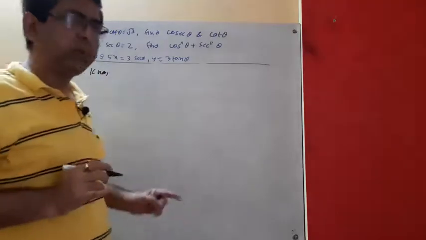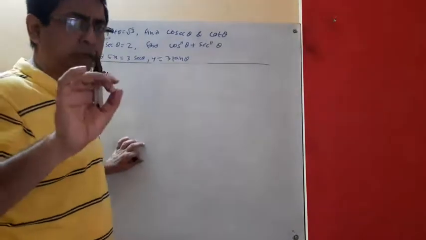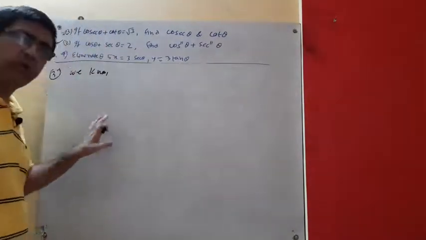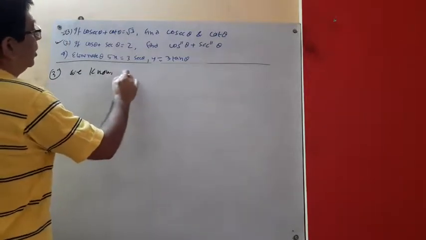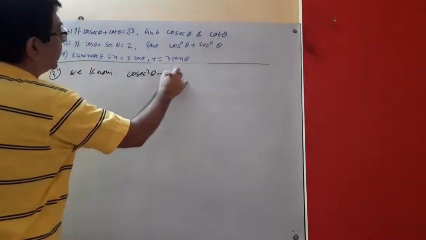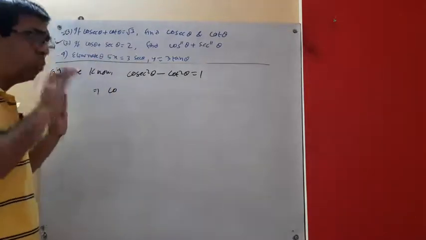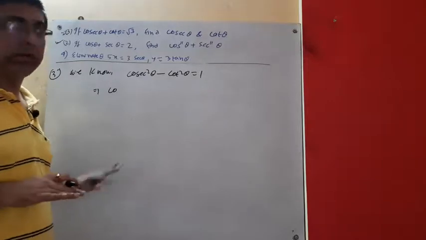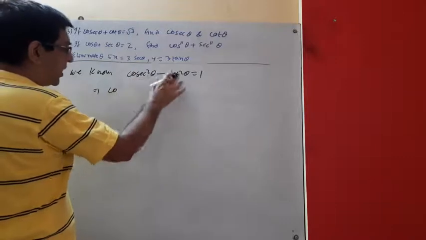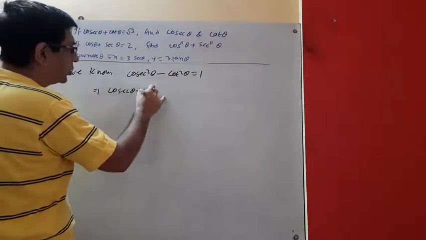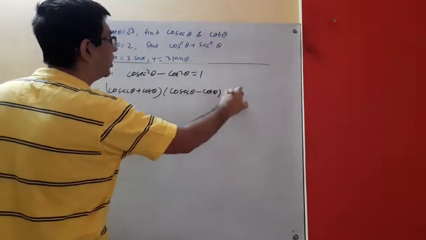I told you, if you don't see my video, the previous video, basic idea of trigonometry by Moinak sir or by Moinak Mukherjee, if you don't see the video, it is really a problem. So we know cosec square theta minus cot square theta equal to 1. That means actually all the things, you should know the formula and its application also. Here I am doing the applications of the formula. We know this one. This is a common formula. So the a square minus b square, we can write cosec theta plus cot theta into cosec theta minus cot theta, that is equal to 1.